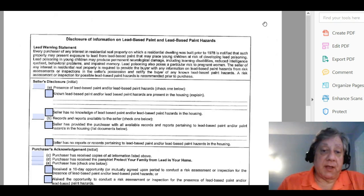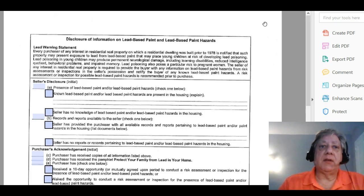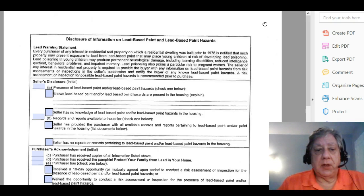Lead paint traditionally can be found in a number of different things, but usually it's in those older buildings where you have bright white, shiny window sills and window frames. That's what the lead did, it made it that bright, shiny, glossy white. That's where you see it in a lot of older homes. But